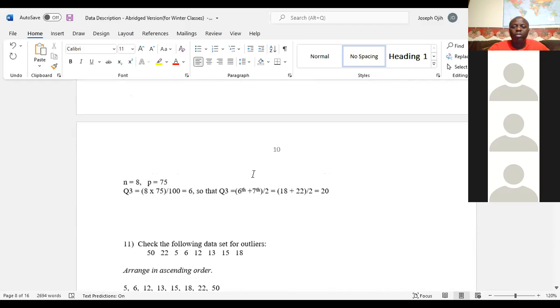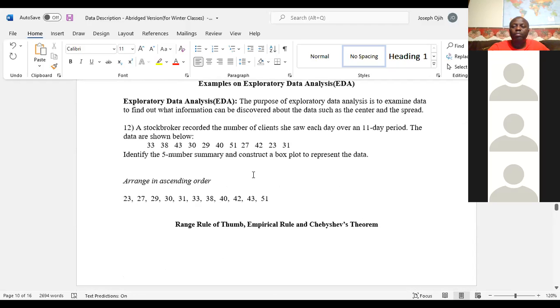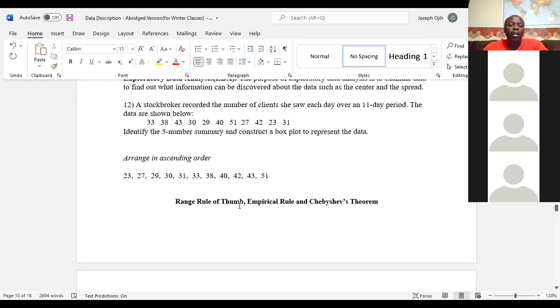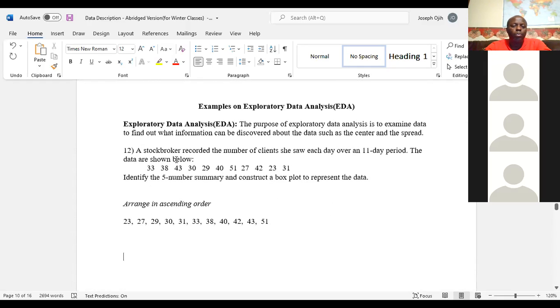I'll just give you my results and then answer the question. Now look at this. It says, a stockbroker recorded the number of clients she saw each day over an 11-day